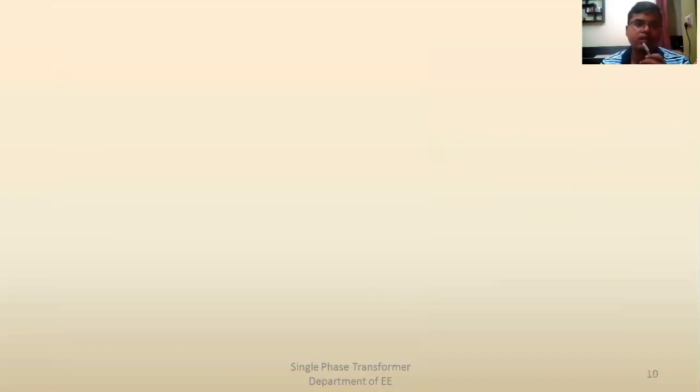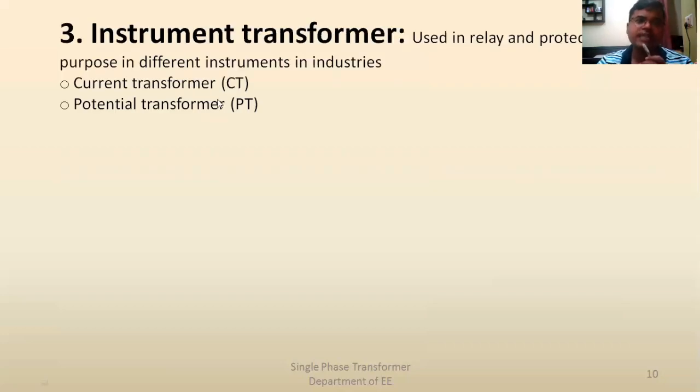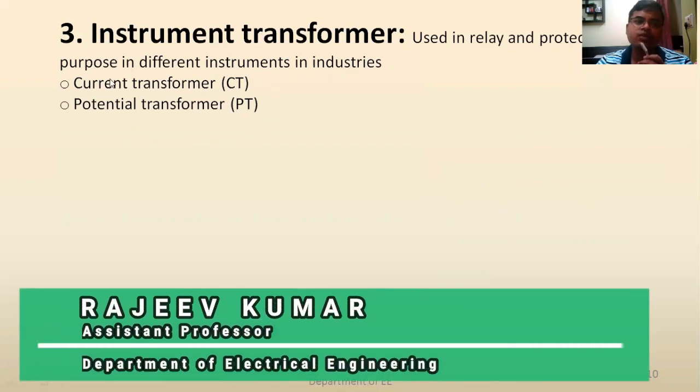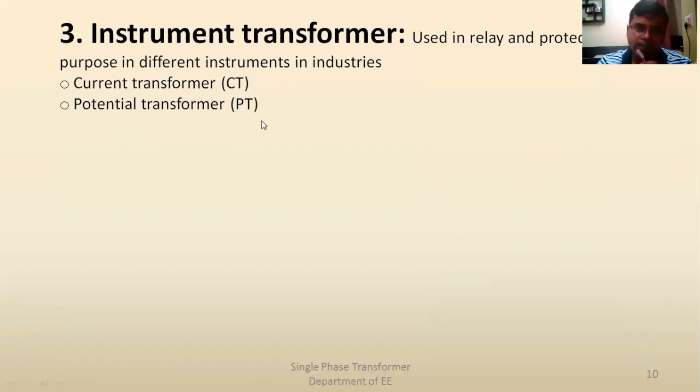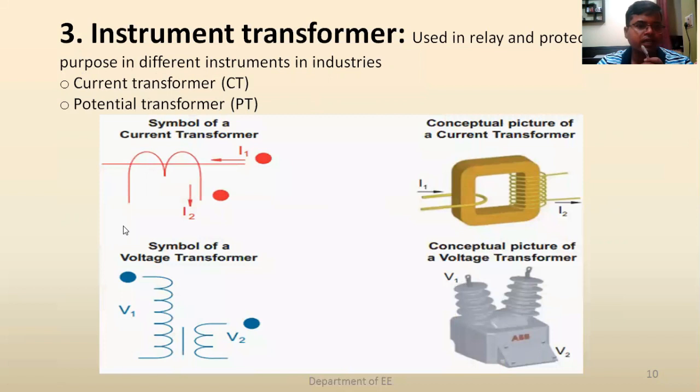Okay, now see instrument transformer. These transformers are basically used for relay and protection circuits. Okay, they are also used for measurement purposes. So current transformer, in current transformer actually see here in the figure it will be much more clear. This is the symbol for current transformer. Okay, and this is showing the